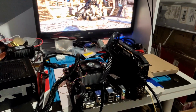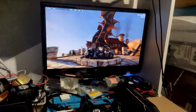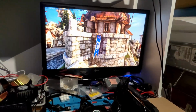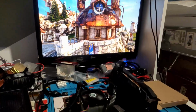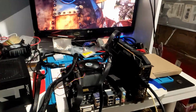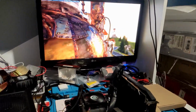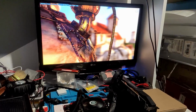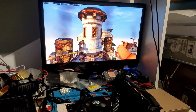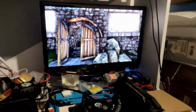Alright, so the card has been running Valley for over 3 hours. Everything is fully stable, no artifacts, no black screen, no glitches, nothing. Everything is perfectly stable. And so it turns out it was the memory chip, just it. Really wasn't sure, to be honest, because the symptoms were not typical, I would say. Usually it's error 43 in Windows, so the card has the exclamation mark in device manager, and also I would expect